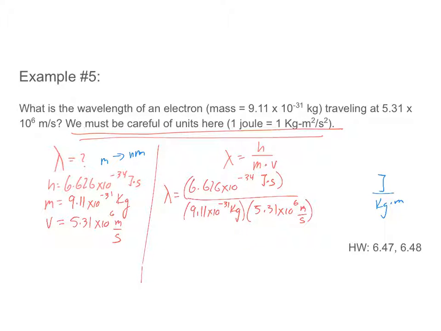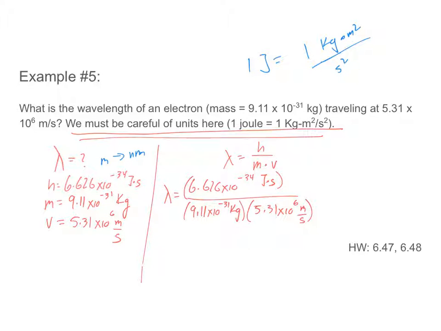So that's a problem. And the way that physics gets around it, and in this case honors chem gets around it, is they know that 1 joule is equal to 1 kilogram times meters squared over seconds squared. And when I talked to Geiger about this, he said the joule is a derived unit of a bunch of other units, so it's kind of a hot mess. And I was like, oh, okay. So the way to get around that,